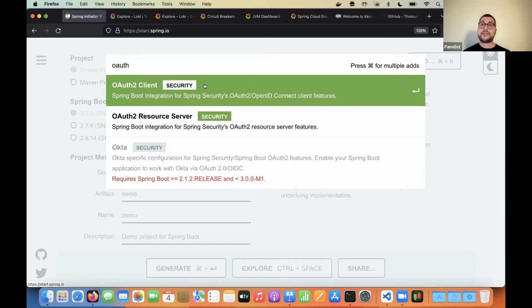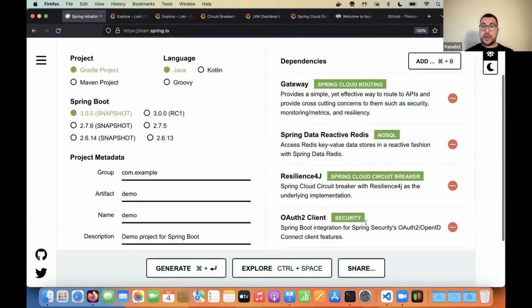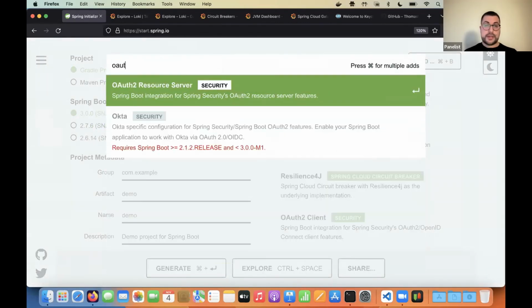The OAuth 2 client is the component that initiates the authentication flow when we use OpenID Connect. So that will be our Edge service. Book service instead will act as the resource server, which is the one that contains the data that we want to protect